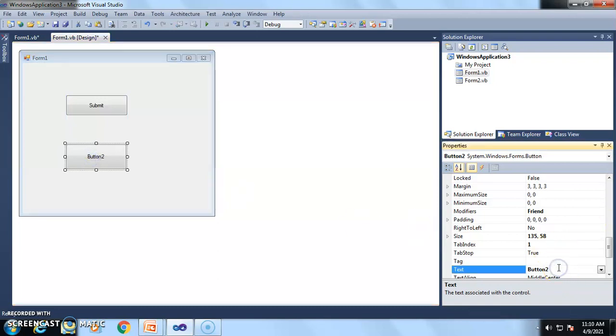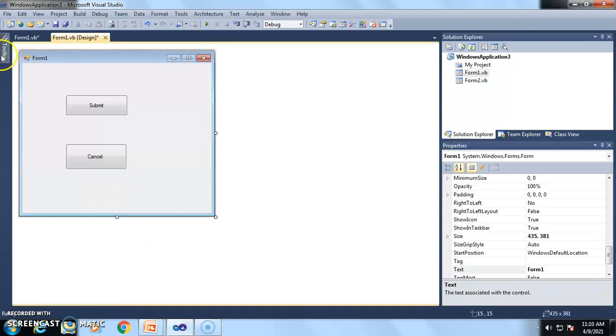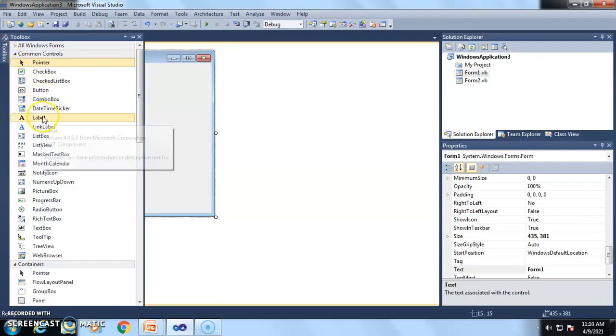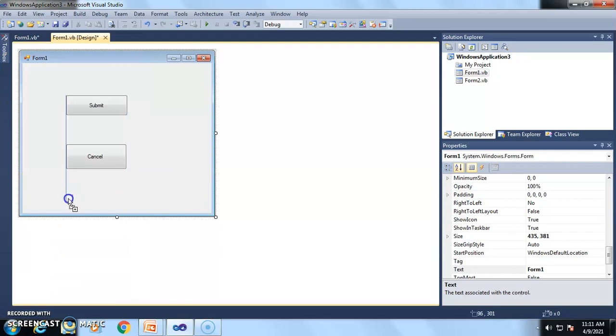And then we write cancel in this text property, and we drag and drop another control, a label. It shows the message whenever we click the submit or cancel button.